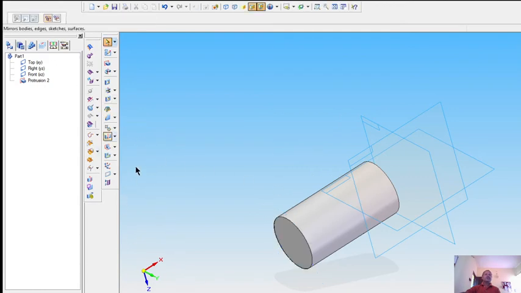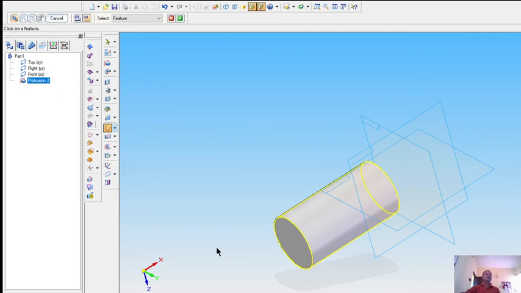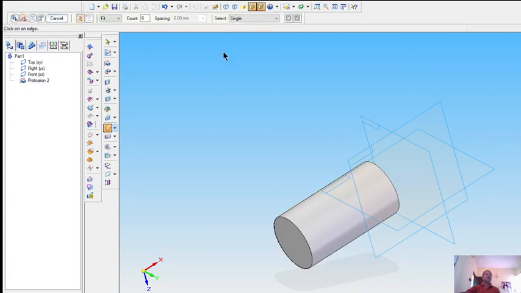So let us repeat the same procedure. Pattern, let us take pattern along curve. Click on this feature, right click, that is the pattern along the curve which is to be accepted. Click on the edge, then the count is given as 6, it is a single, right click.